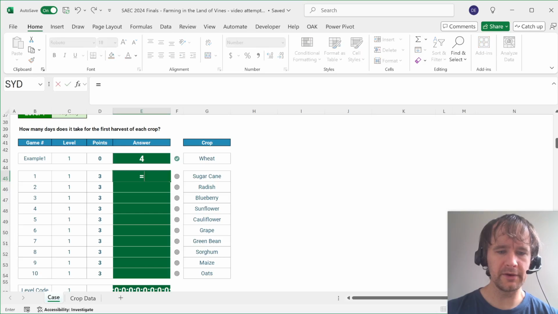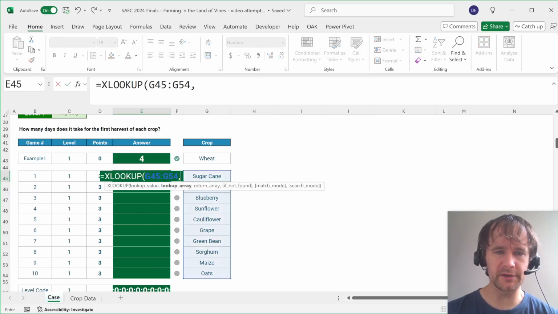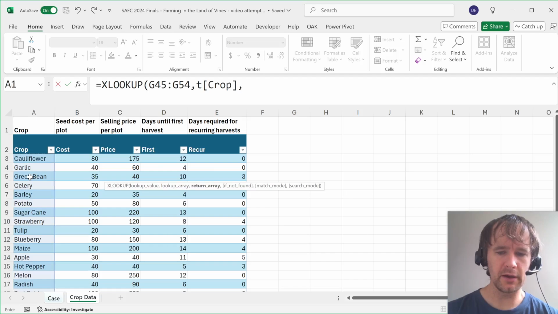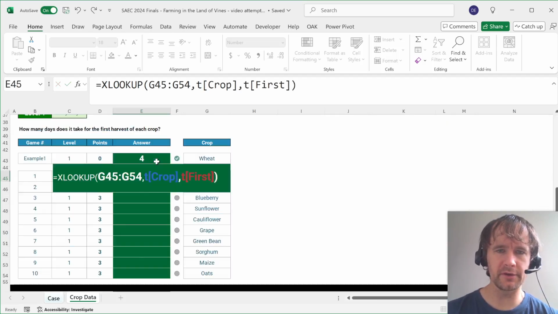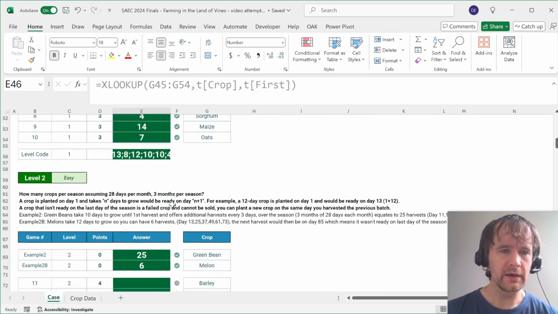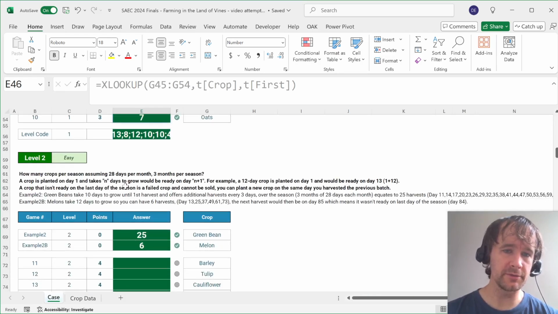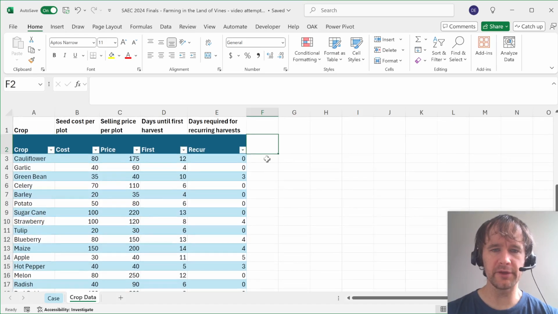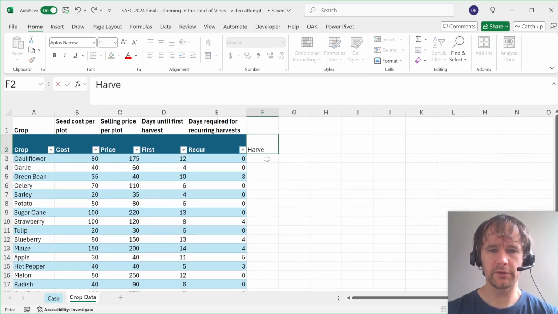So how many days until the first harvest of each crop, like I said, is just a straight XLOOKUP. I shouldn't have even come over here. I should have just done it from the names, but there we go. Then the question is how many crops per season, assuming an 84-day season. So let's say harvests,